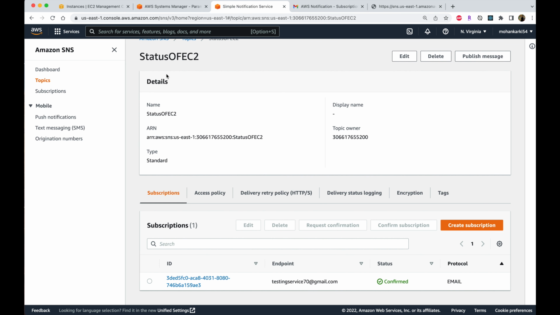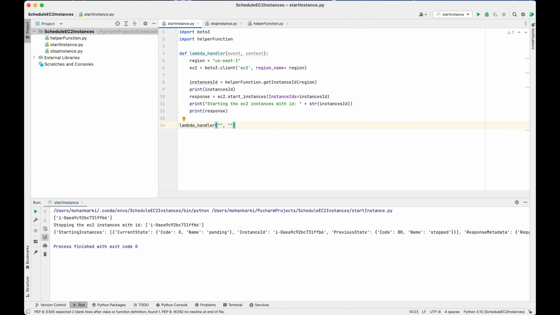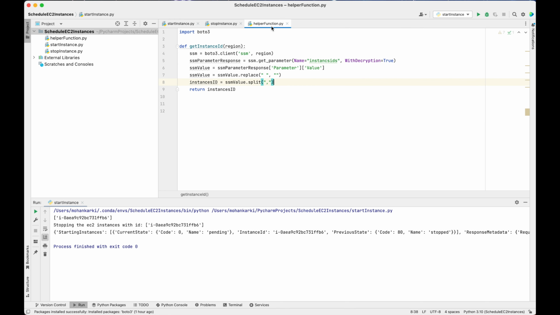Let me get the ARN of this topic. Let's copy it, and we will be using this ARN later in our code to publish the notification on this topic. Since we will be sending notifications on both stop and start instance, let's go ahead and, in our helper function, comment this is the ARN for that topic. Let's define a function, let's say the send